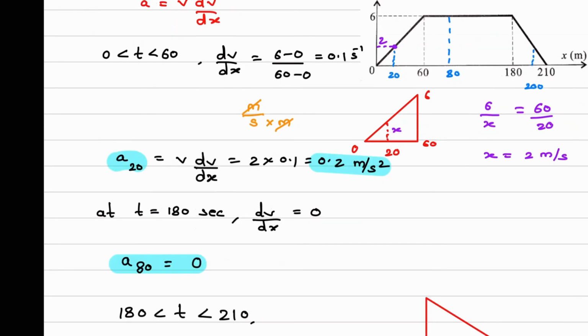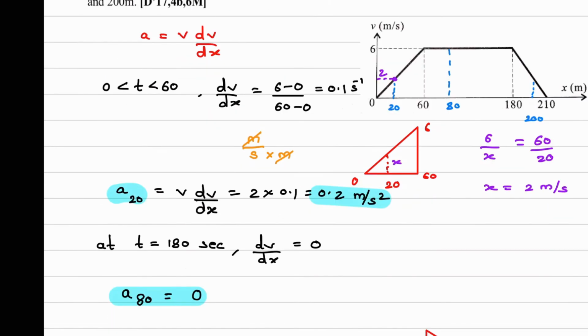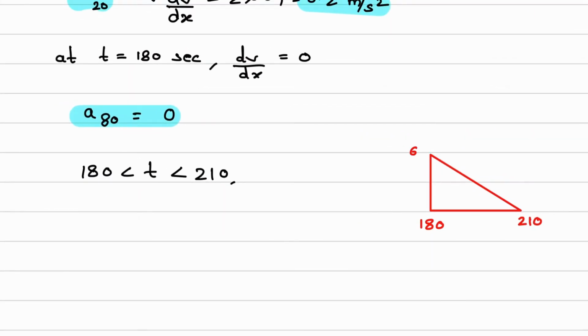And before that it is 180. What is the height? Height is 6. And this point is 200 meter. Now suppose this value is y, height is y. We have to calculate what is the velocity at this point. We'll consider the similar triangle now. So total height is 6 divided by y. We have to consider this outer triangle and this inner triangle, similar triangles.